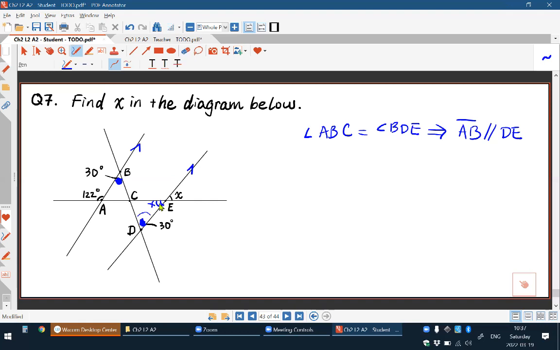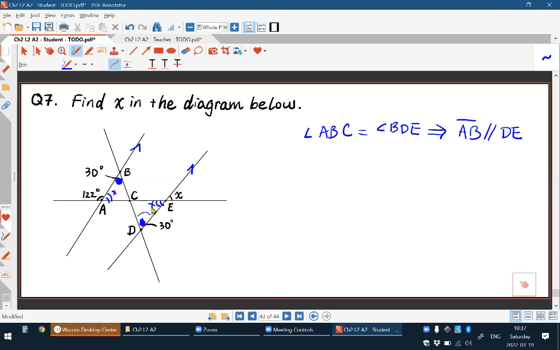This angle is a vertical angle of x, so this is also x. And because this line is a transversal, this angle here is also x, because these two angles are also